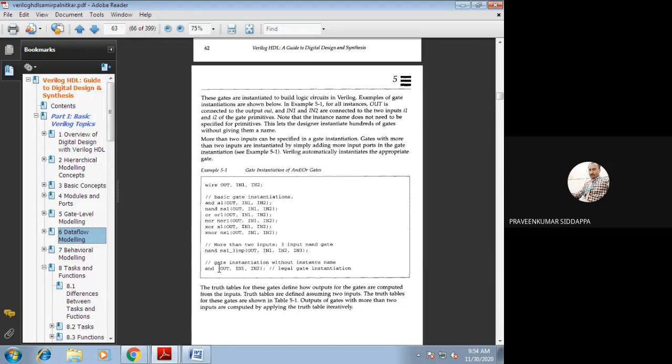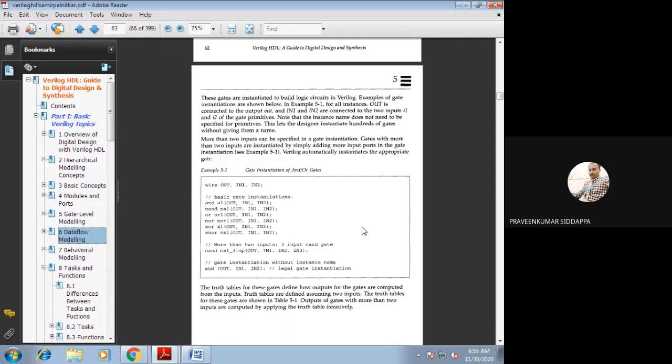More than 3 to 4 gates may be there, so which expression we have written for which gate? Because of that reason, we write the instance name. If you leave out the instance name, it should still be executed. That is optional. Is it clear? Any doubt? No doubt, sir. Can I move to the next concept?